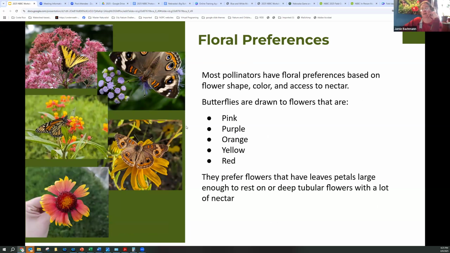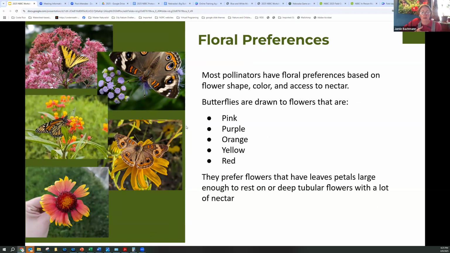Most pollinators have preferences for the types of flowers they want based on shape or color or size, and then where the nectar is within the structure of the flower. Butterflies are drawn to bright colored flowers, right? Pink, purple, orange, yellow, red.